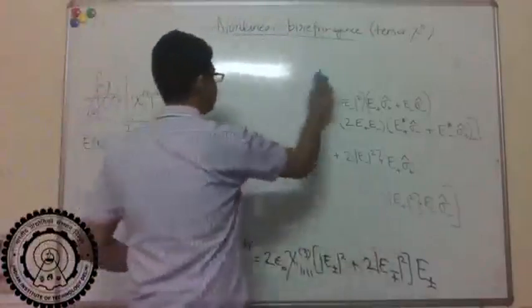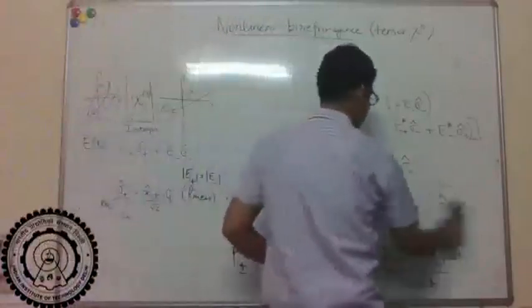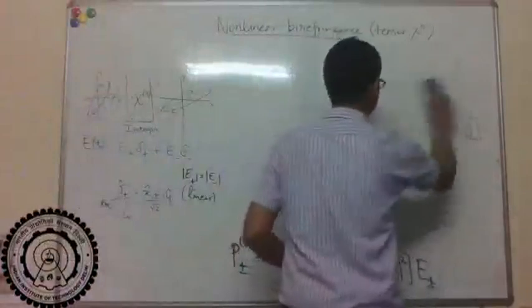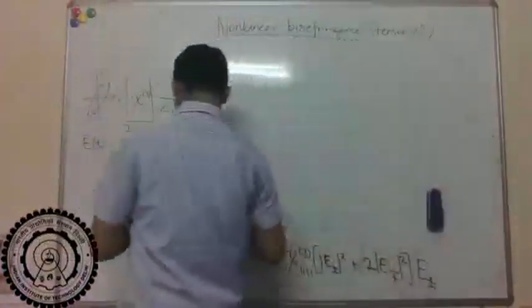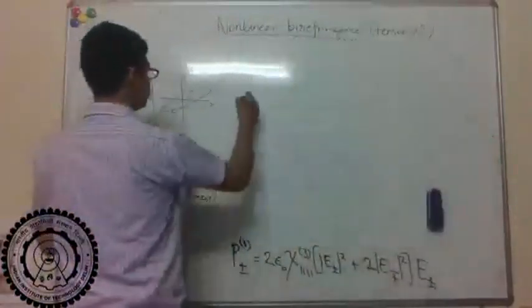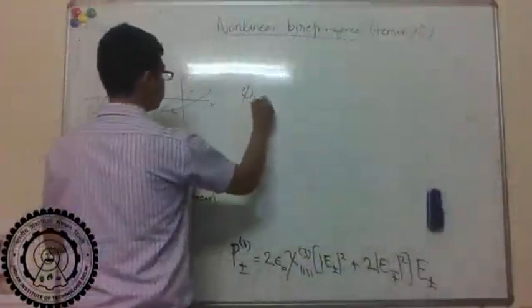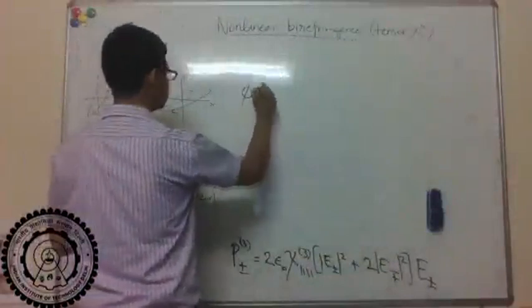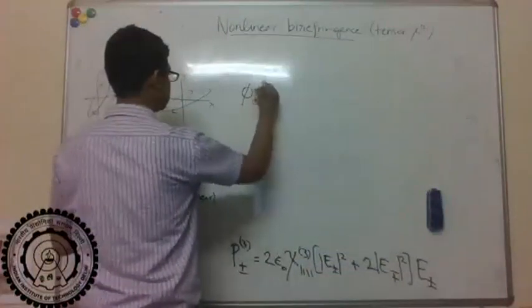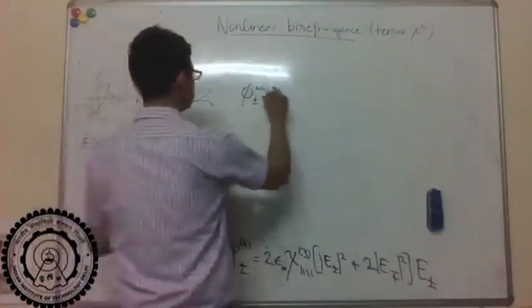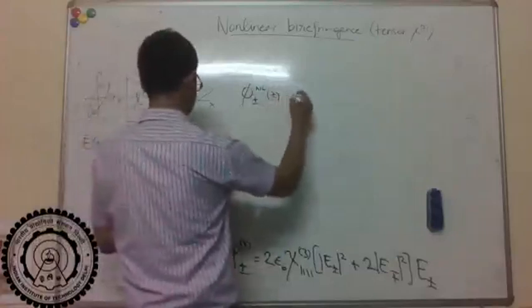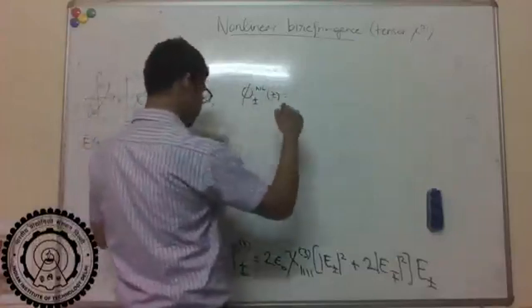So each of these terms will give me a nonlinear phase shift. So the nonlinear phase shift for the two components, sigma plus and sigma minus, I can write as